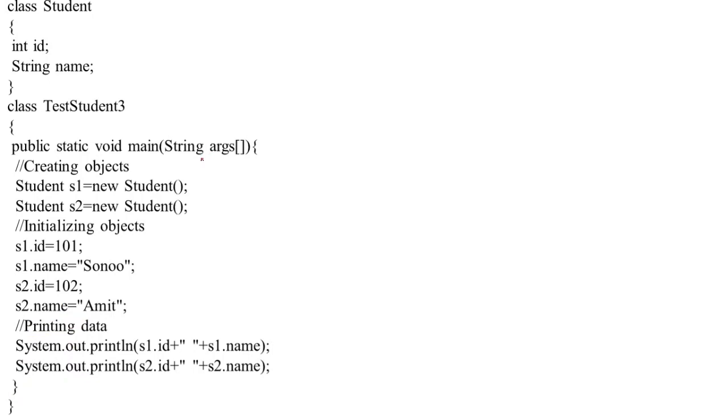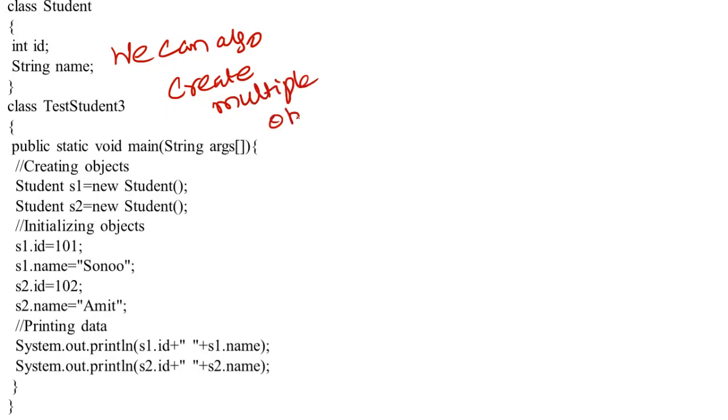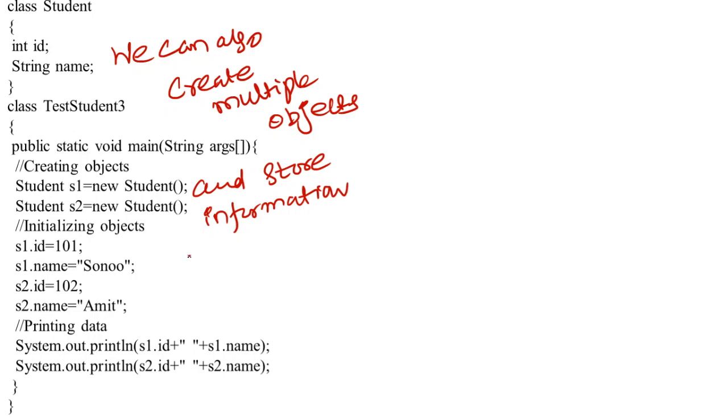We can also create multiple objects and store information in them through what? Through reference variable.